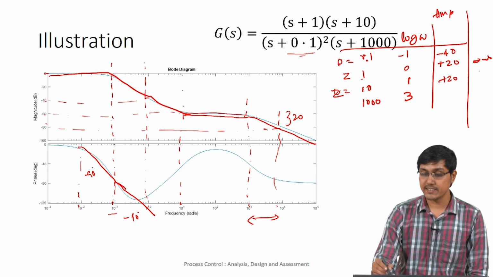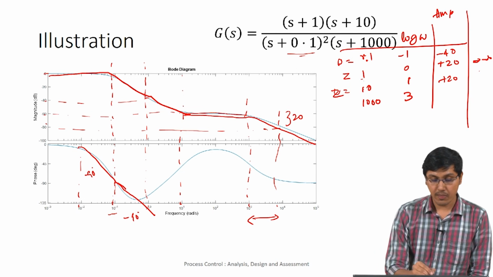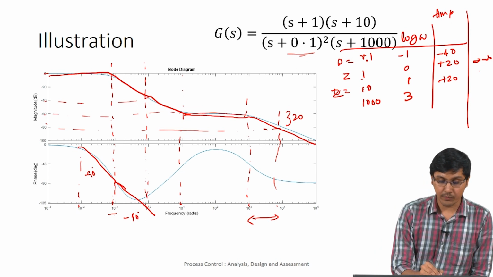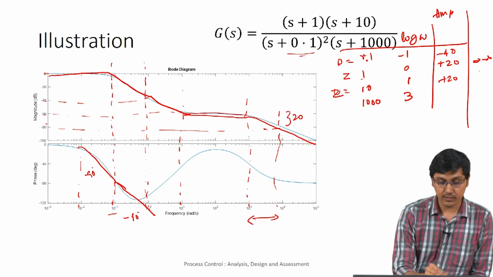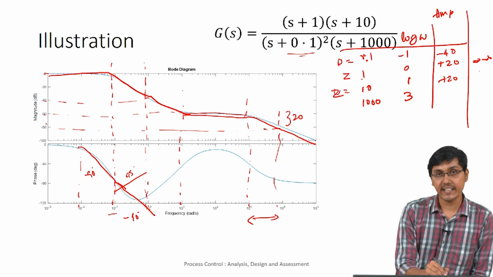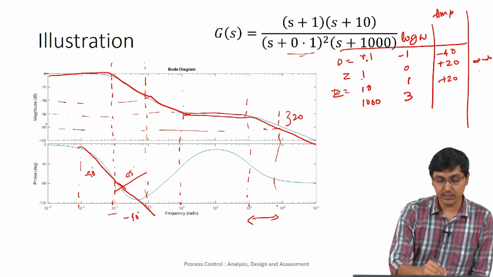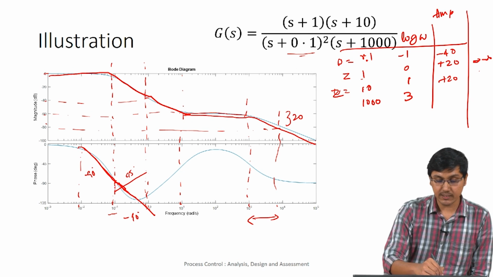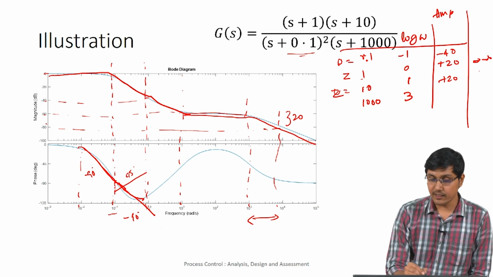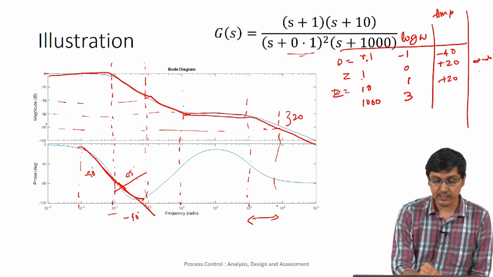But what happens interestingly here is that we have a 0 at omega equal to 1 at this line. So here the 0 will try to increase it at the rate of 45, because it is a single 0. So this will try to increase it at the rate of 45 degrees, but minus 90 plus 45 is again minus 45. So this drop is minus 90, but this drop is minus 45, and then here again this 45 will continue till again 90.